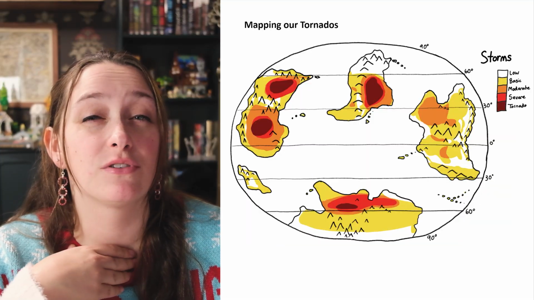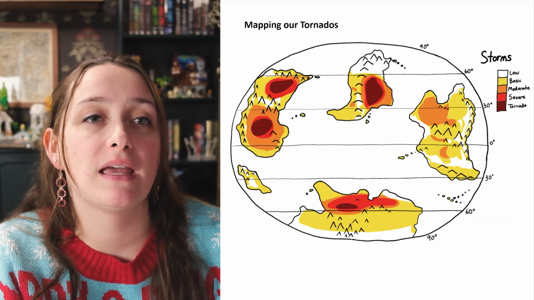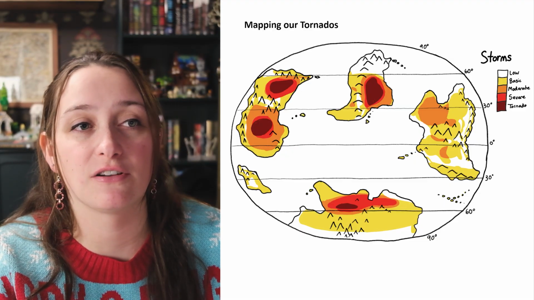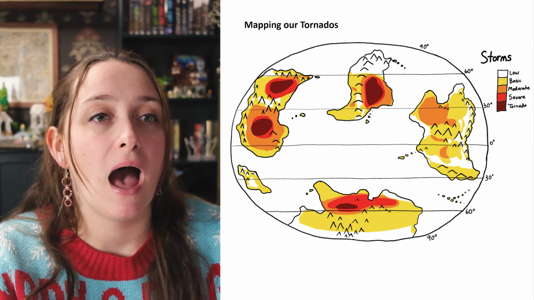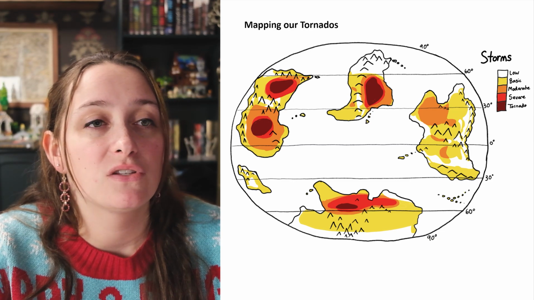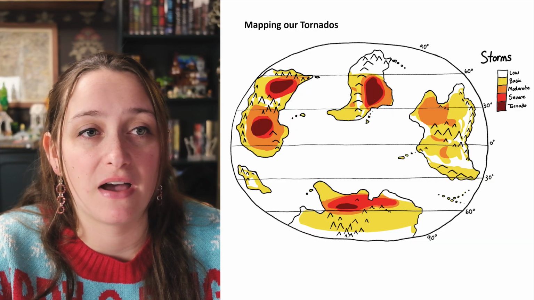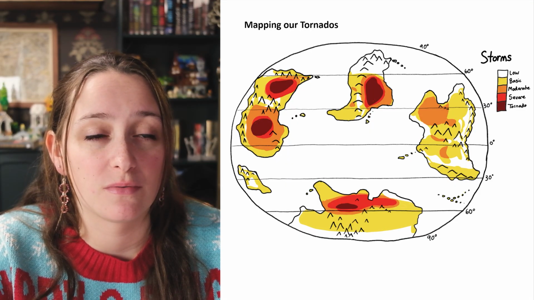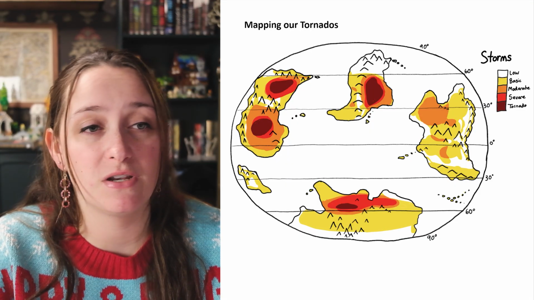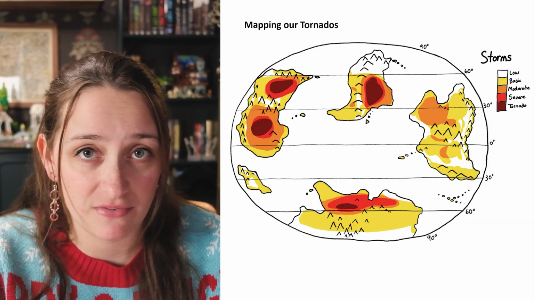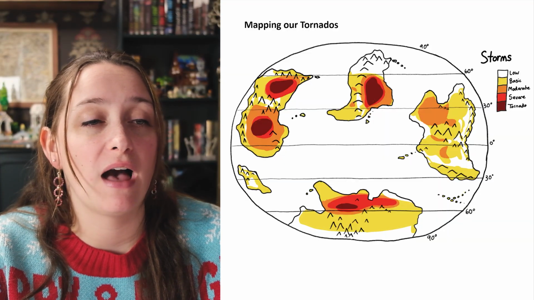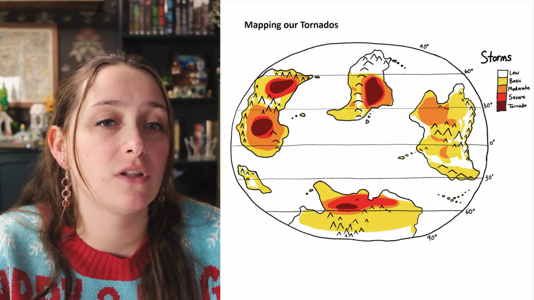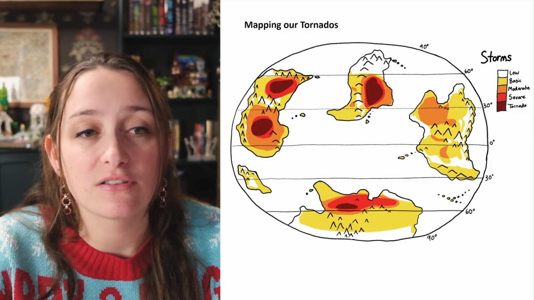So we are going to map tornadoes on one map, but note that these will be occurring in the summer months in that hemisphere. So for the northern hemisphere, you'll be looking at that hemisphere's air circulation and thunderstorm map or storm map, and the reverse for the southern hemisphere. So compare your elevation and air circulation maps to find the areas that are fit for supercell thunderstorms. This will be the severe areas of your thunderstorm maps, but to be specific, between your subtropic high and subpolar low belts, roughly 30 to 50 degrees north and south, where you will have flat plains where cold and warm fronts can meet.